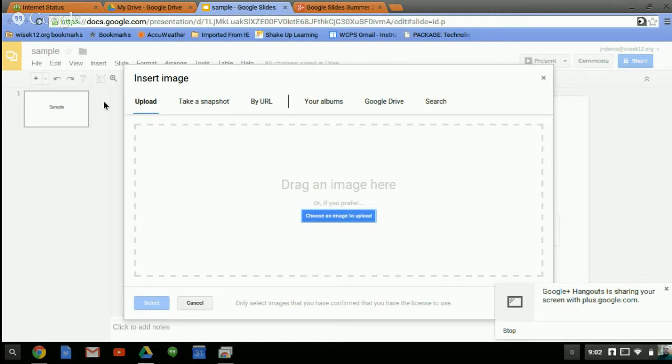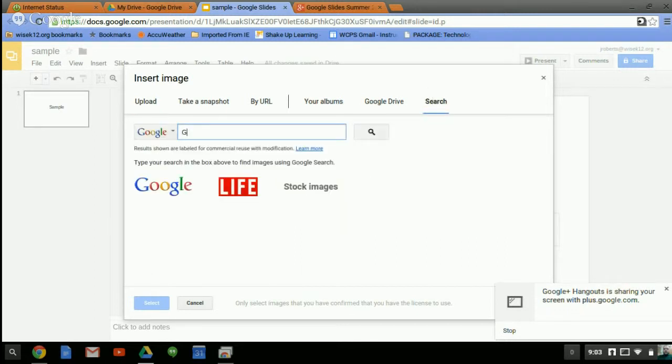You've got to go to Insert, go to Picture, and find the file. Say I don't have one right now. I need a picture of George Washington. I'm going to go to Search. It's going to pull up a Google search, and I'm going to type in